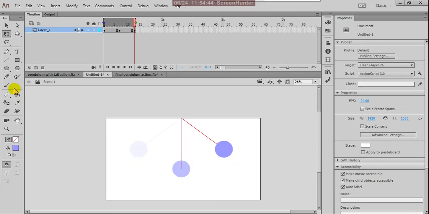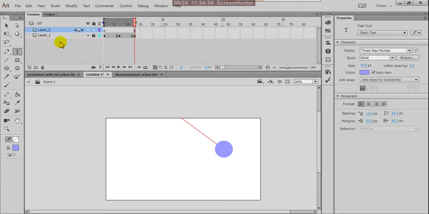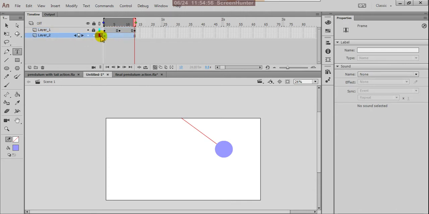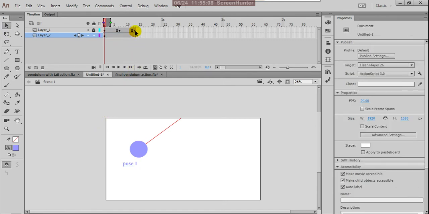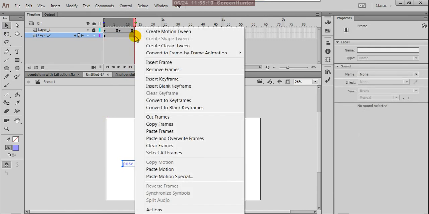Okay, here I'll write, here I'll write in a separate layer, pose 1. Okay, and here it is pose 2.